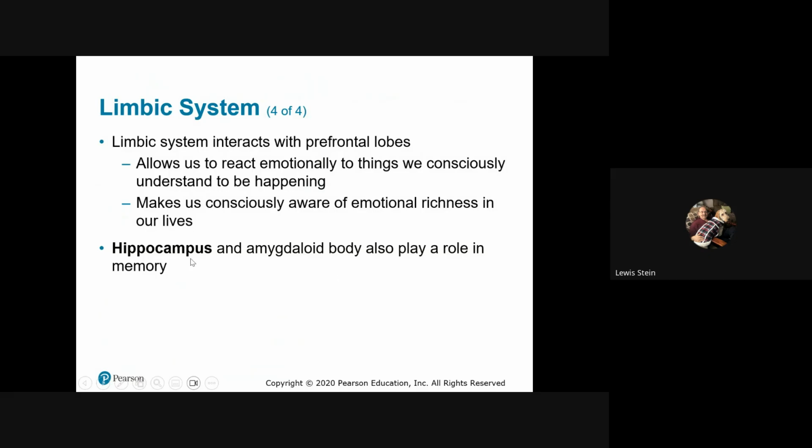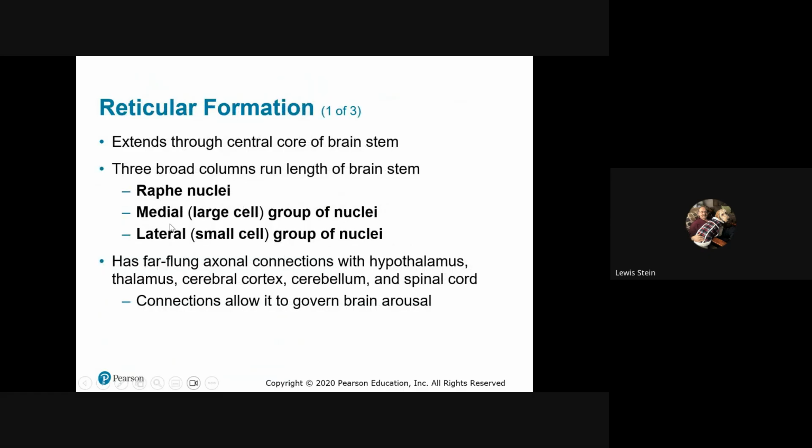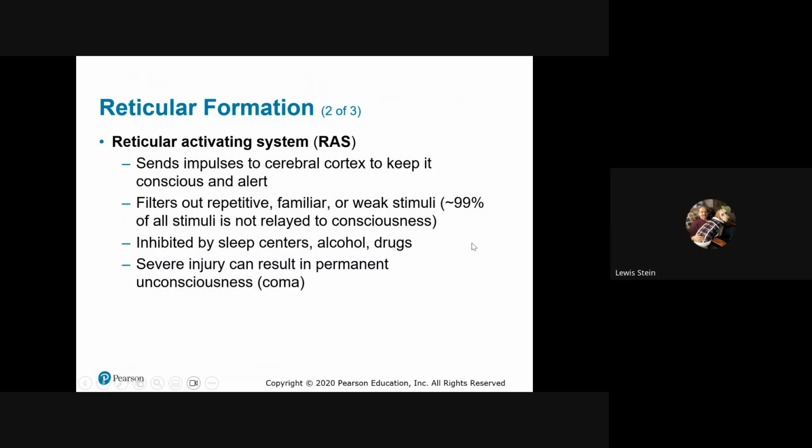And then particularly the hippocampus, unless the amygdala, for memory. And then I don't go into any of these in detail. I just need you to know it's all over the place. Hypothalamus, thalamus, govern brain arousal, not other arousal. And it's called the reticular activating system. It has lots to do with sleep,